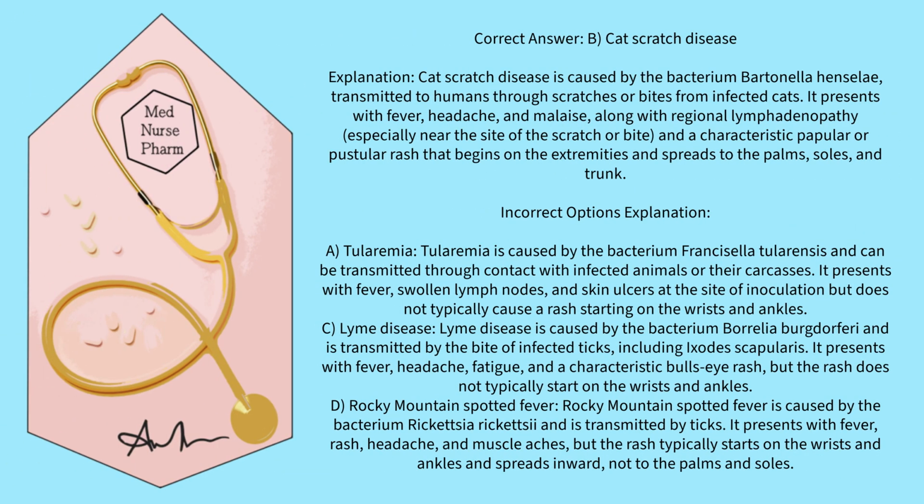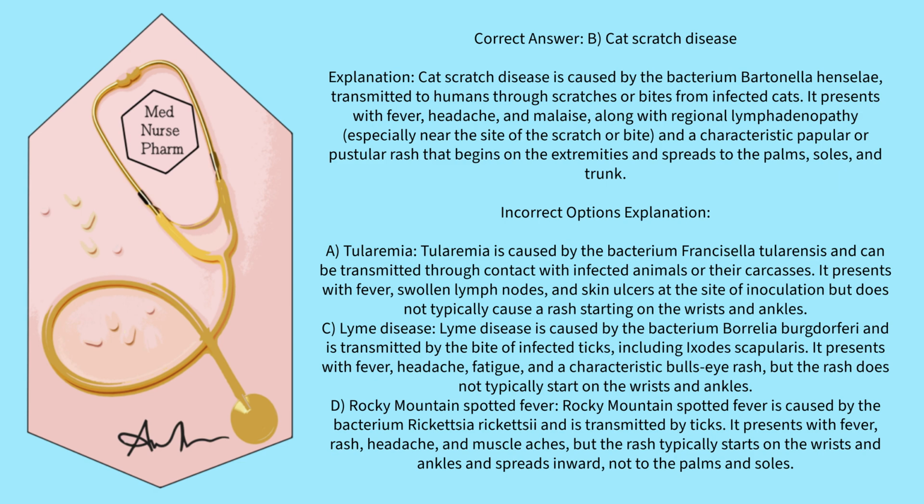If you chose option B, you are correct. Cat scratch disease. Cat scratch disease is caused by the bacterium Bartonella henselae, transmitted to humans through scratches or bites from infected cats. It presents with fever, headache, and malaise, along with regional lymphadenopathy, especially near the site of the scratch or bite, and a characteristic papular or pustular rash that begins on the extremities and spreads to the palms,